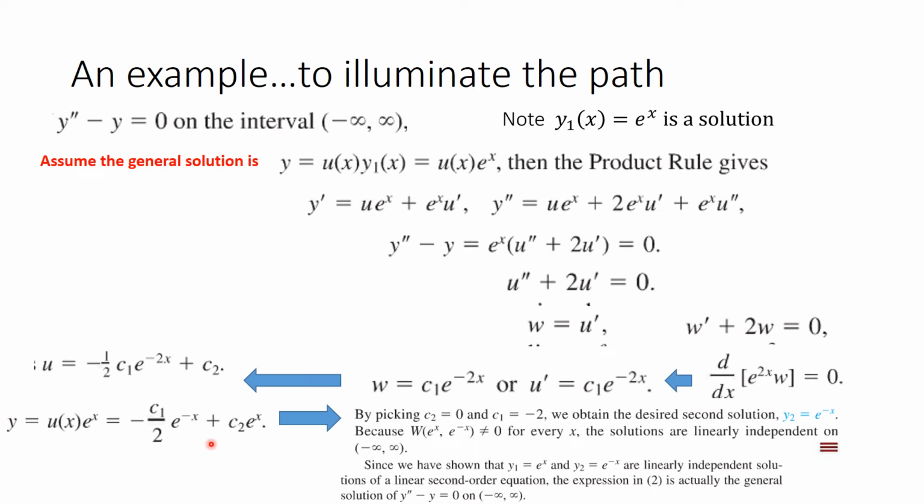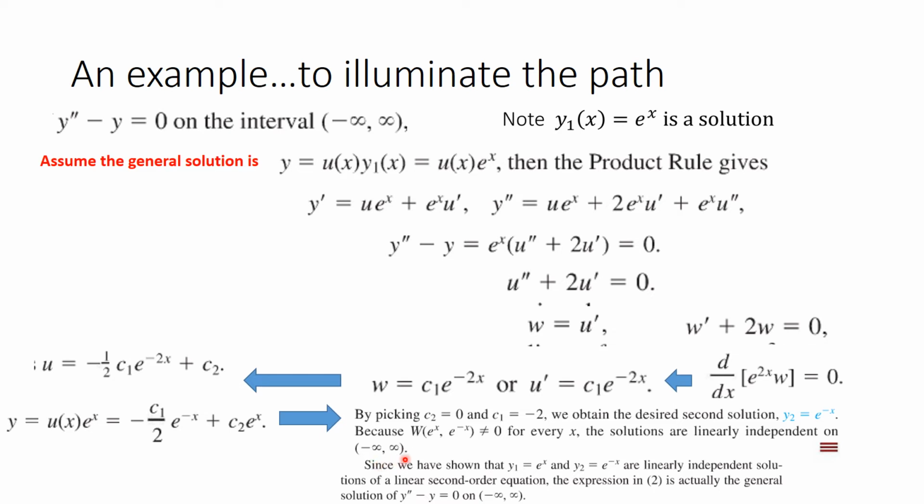Now, these constants could be anything I want. If I pick the constants this way, C2 to be 0 and C1 conveniently to be -2, we see that y2 equal e to the minus x is also a solution. And because the Wronskian taken with e to the x is not equal to 0 for every x, the solutions are linearly independent